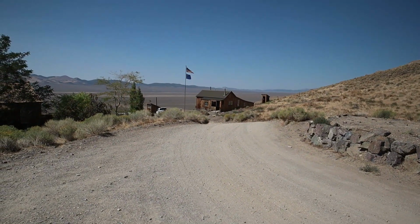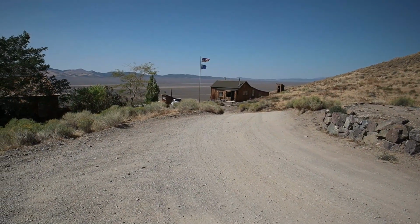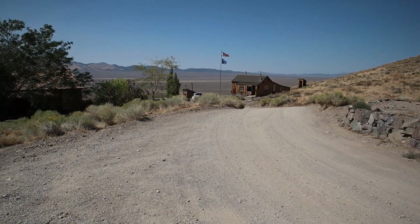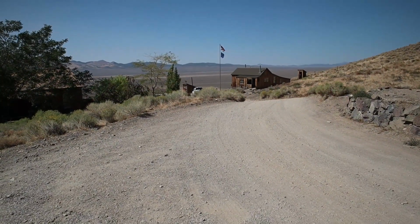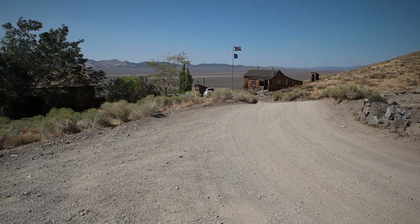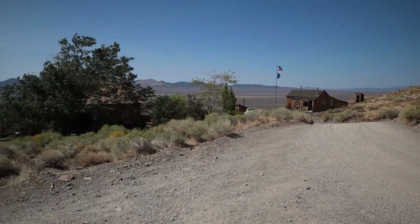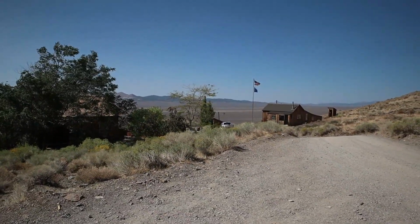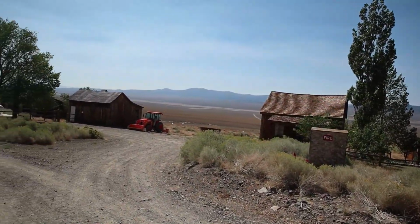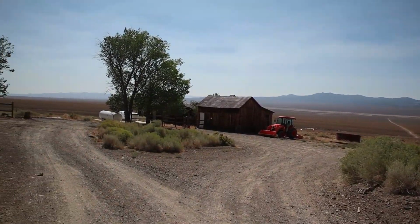But that building is really interesting because it's pieced together, like a house would have been back in the day. You build the main living area, and then you build the bedrooms in the back, and maybe a kitchen and whatnot. Really authentic. Some of the walls look like they were covered in what could have been like a cardboard, probably for insulation. I don't know that that's original to the 1800s. I can't imagine it being, but